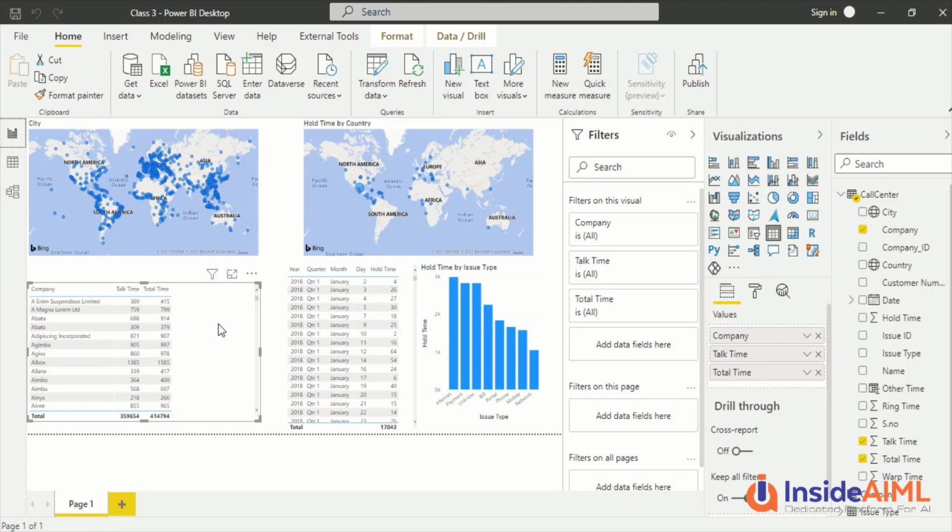But the call of a measure versus a column will be taken based on where we want to load the performance. If we create a measure which can actually increase a lot of performance load at runtime, then we can actually think about whether we can do it in a column also.